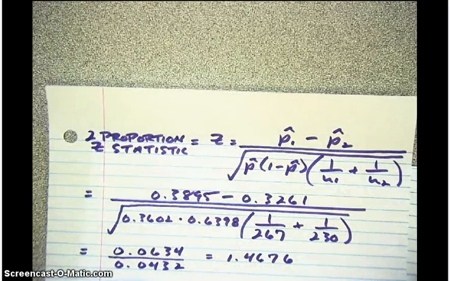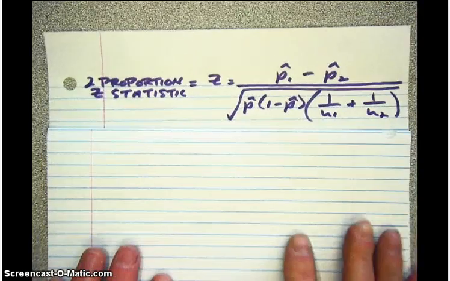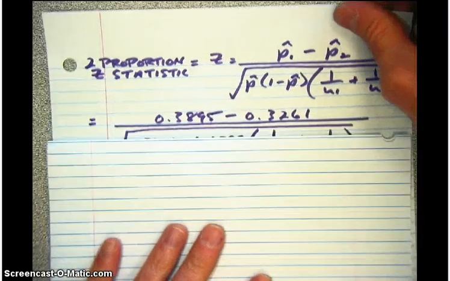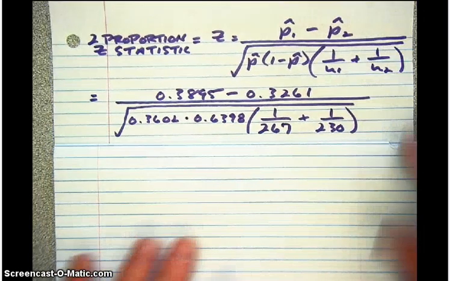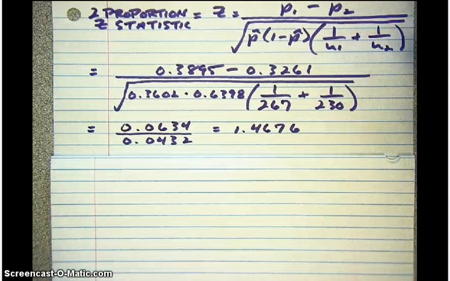The formula for the test statistic, again, it's a z-statistic. p1 hat minus p2 hat over the square root of p hat times 1 minus p hat times 1 over n1 plus 1 over n2. We plug in all the values that we have for p1 hat, p2 hat, and p hat, and n1 and n2. A lot of substitutions, and then we simplify it down. It simplifies down to about